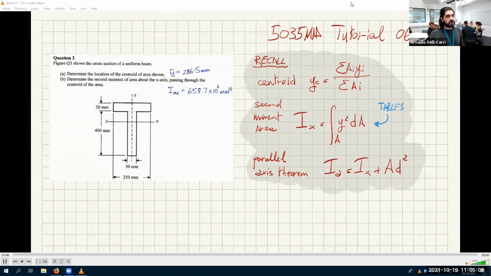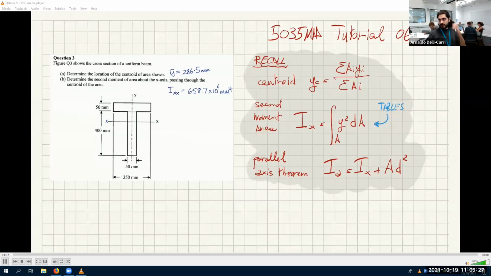All right, so 5035 MAA tutorial number 6. Guys, please, eyes on me. We're going to solve question 3 of the recap tutorial sheet, which is about, remember, centroid of areas and the